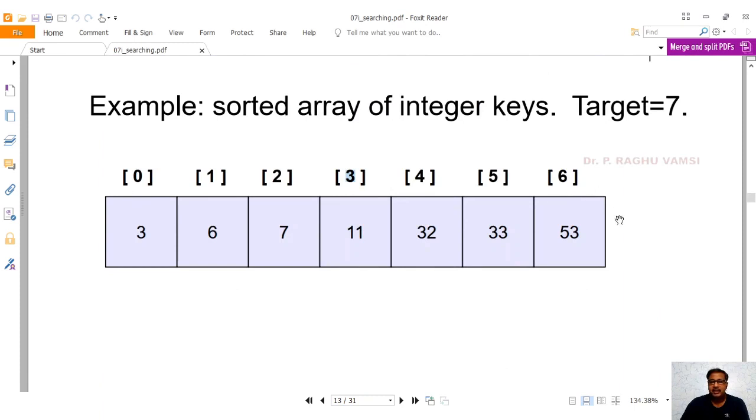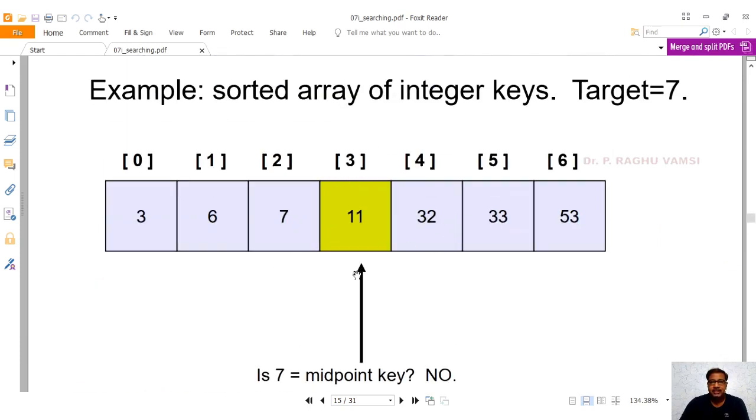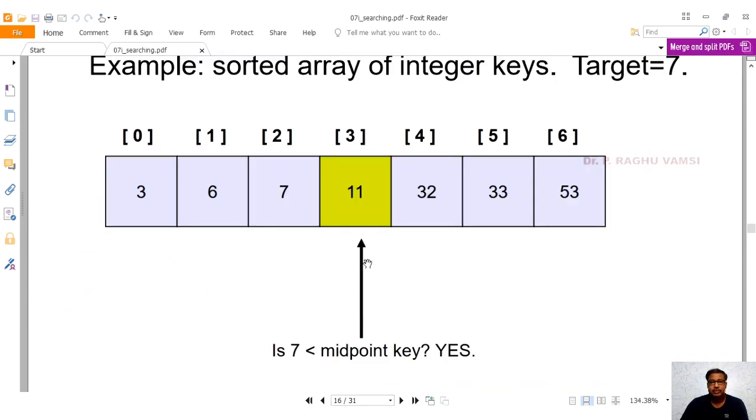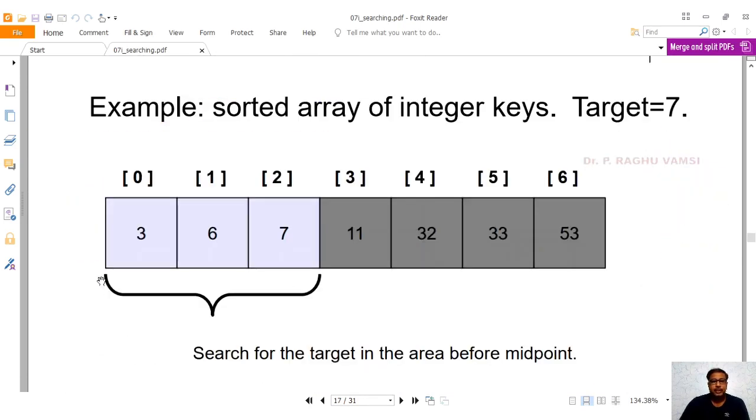In the list of n elements, we are almost ignoring half of the elements for searching. What does ignoring half of the elements look like? Just recall quicksort and merge sort. We are ignoring half of the thing, so it will be in log n complexity. When it is compared with the index of 3, the midpoint key, and if the key is not matched, then we will go into the left direction. Then we compare in the left sub array, and in that left sub array we perform the search operation.